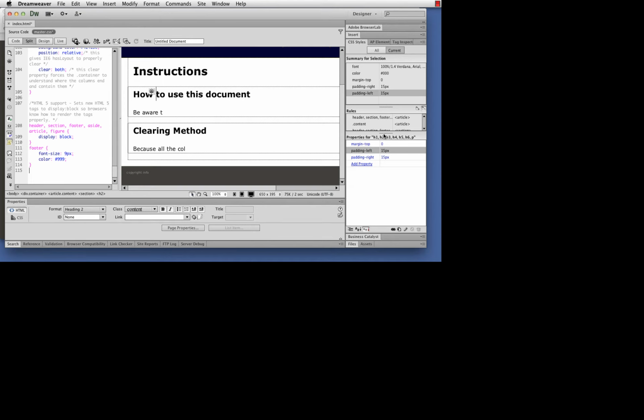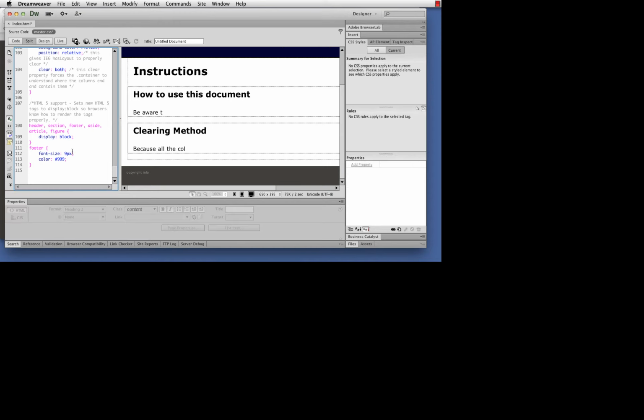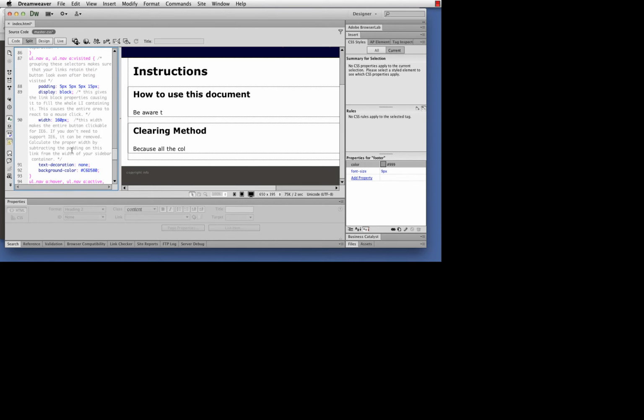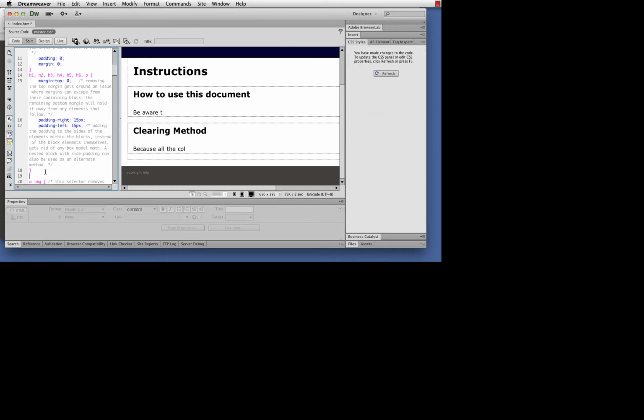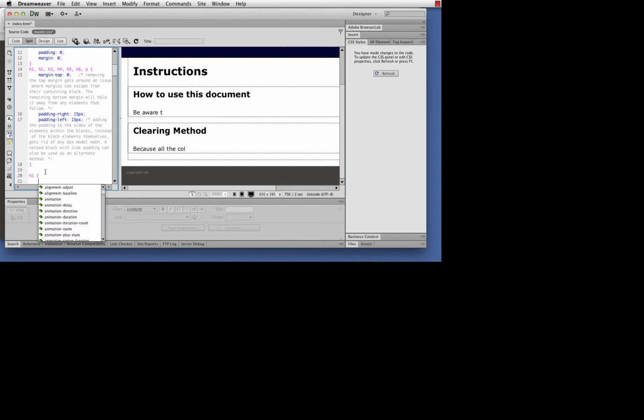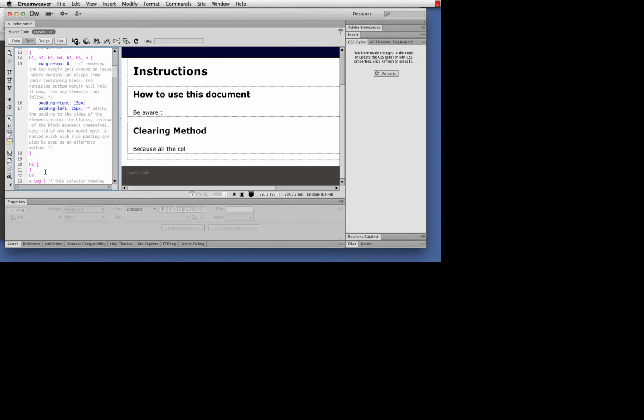So if I actually look down here, I could see that these have been applied to all the headings and the paragraph. In my case, I tend to often like to differentiate how I do that. So I'm going to find those heading tags. And here they are, and so what I'm going to do is H1, H2, and typically, especially on a small site like something I'm doing right now, I tend to not use anything